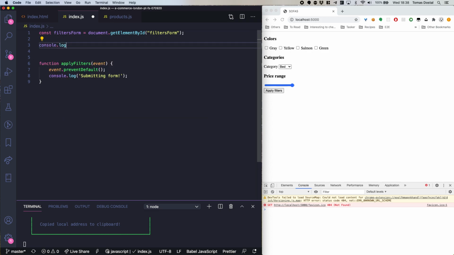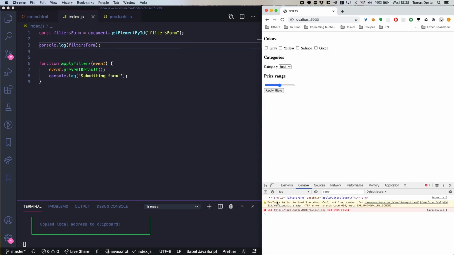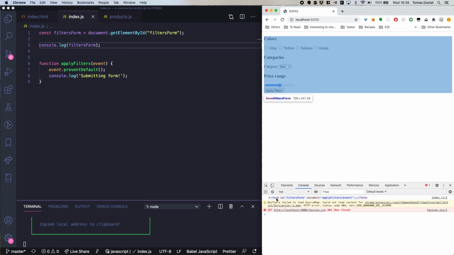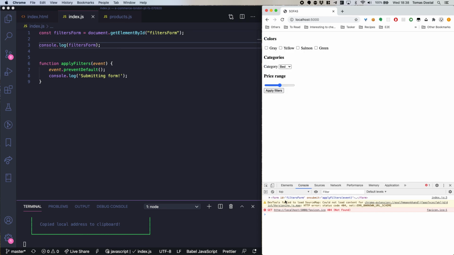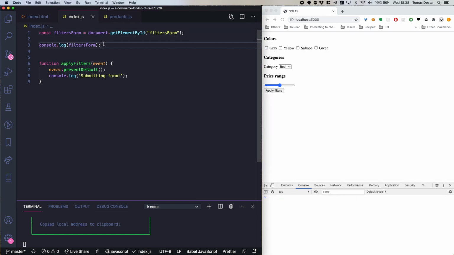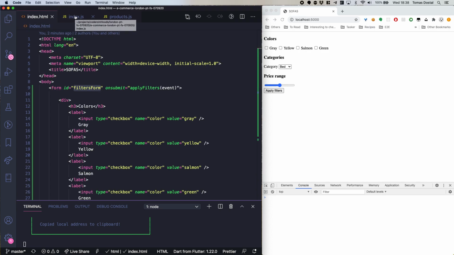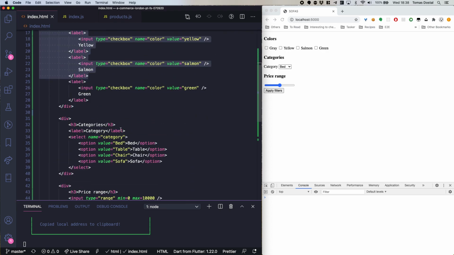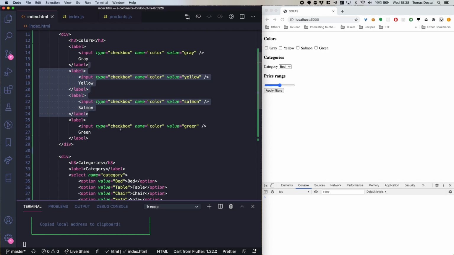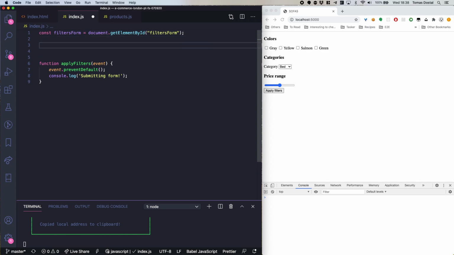Let's check if we do. And I think I did tell you this before. Console log is the best thing for you. You can just log anything you want, and it will help with making sure that you're actually doing what you think you're doing. So now I have the form selected, and once you have your form selected, the nice thing about how HTML and JavaScript work together is that automatically you will have access to all of these fields inside of the form by referencing them by name. So what I mean by that is, you can say console log filters form,